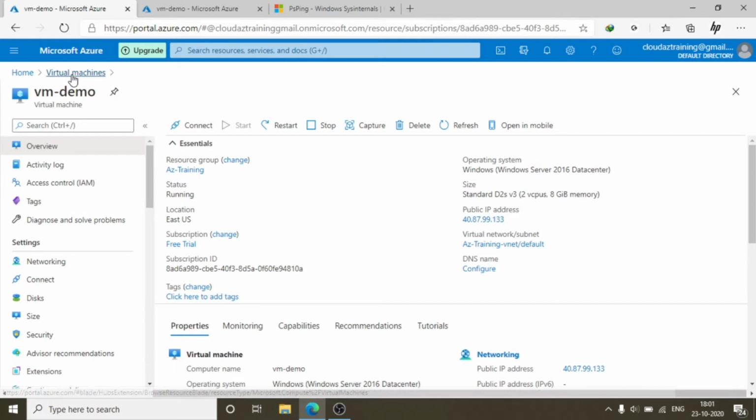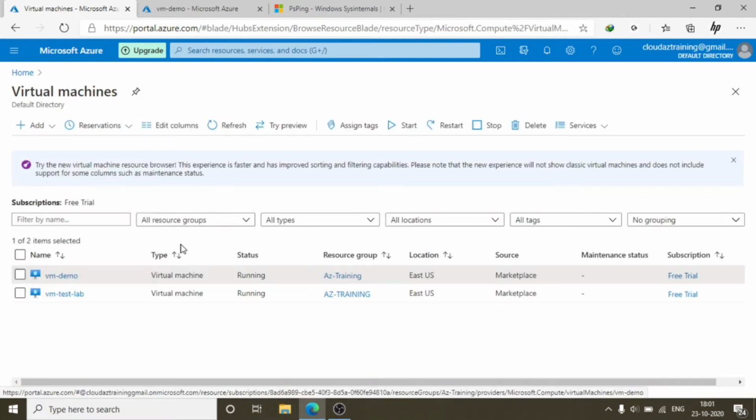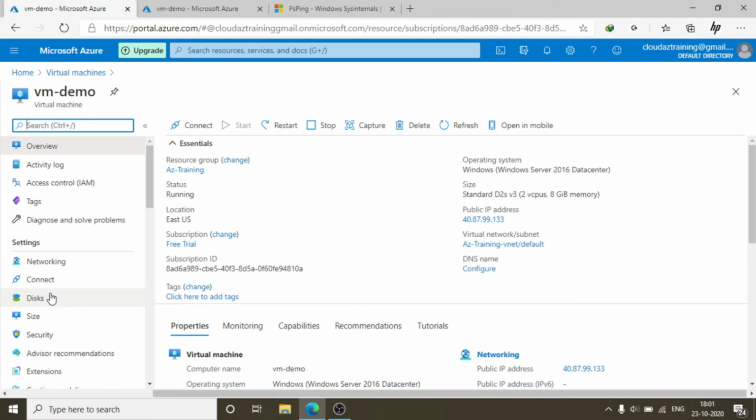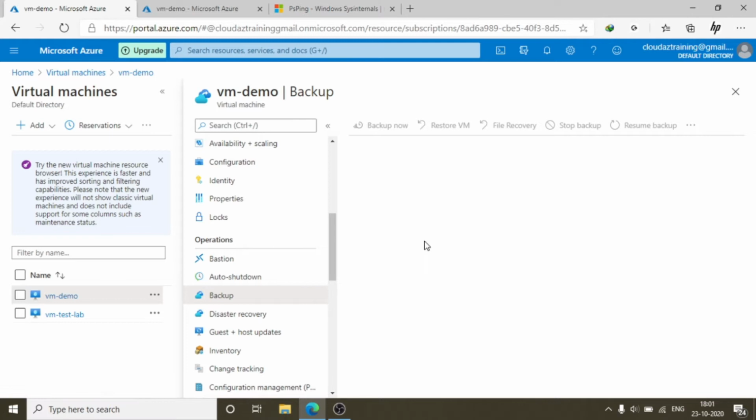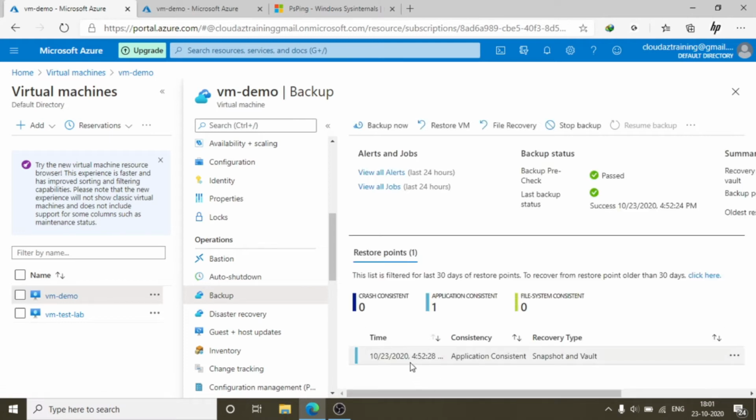So suppose this VM has one backup, and we have already enabled the backup. Suppose this VM has a backup at 12 o'clock, and your issue occurred in the morning at 6 a.m. You have a backup from 12 am, and you faced the issue at 6 am.